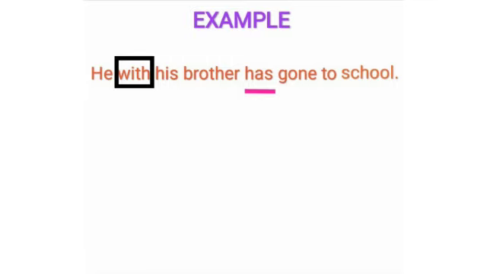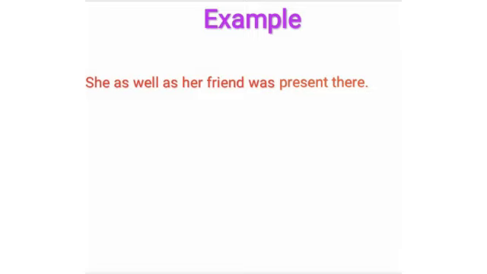Let's now look into another example. She as well as her friend was present there. Here also we find the same thing. Here also the verb is singular as singular pronoun she is joined by as well as with the singular noun friend. So students, this was all about subject verb agreement. Hope you